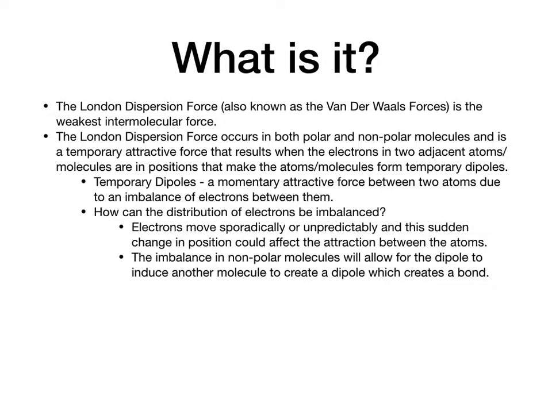Temporary dipoles are a momentary attractive force between two atoms due to an imbalance of electrons between them. How can the distribution of electrons be imbalanced? Well, electrons move sporadically or unpredictably, and this sudden change in position could affect the attraction between the atoms. The imbalance in nonpolar molecules will allow for the dipole to induce another molecule to create a dipole, which creates